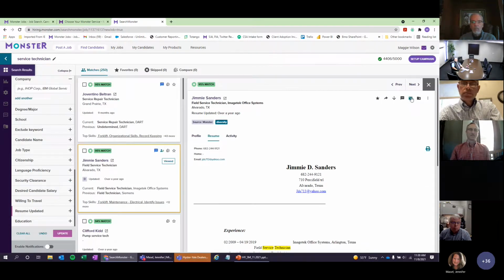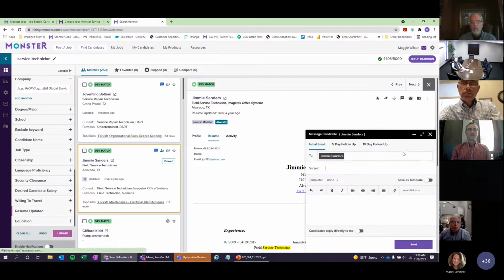You can email Jimmy too, so you can email from in here. Oops, maybe. There we go. From right within the system. And the nice thing about the emails in here is you've got an initial email, right? So that first email you're going to send to Jimmy. And then you've also got follow-up emails. Monster's built logic into the follow-up emails so that if you choose to use them, which we encourage you to because they're essentially free,